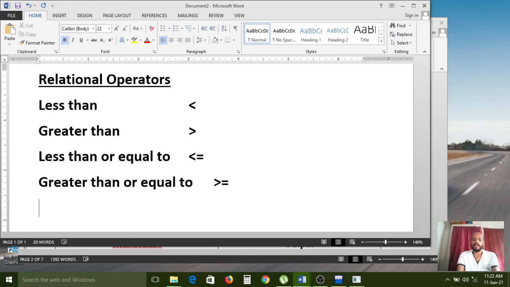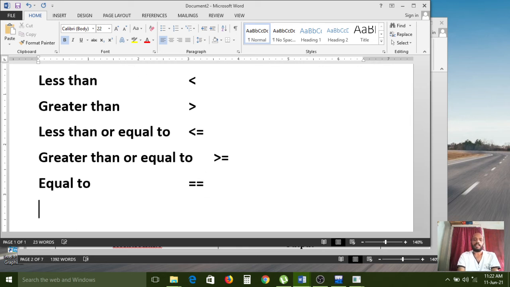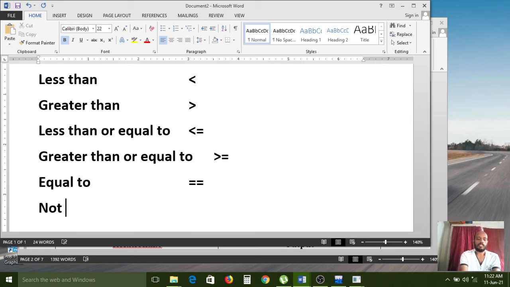Next, equal to: in relational operators, we use two equal symbols. Not equal to means one exclamation mark and one equal symbol. These are the relational operators.